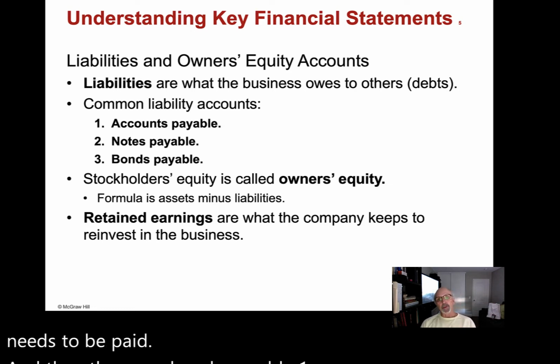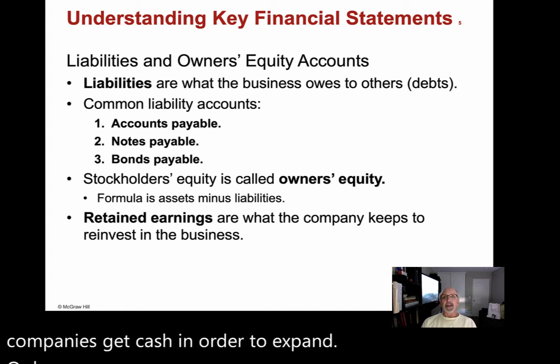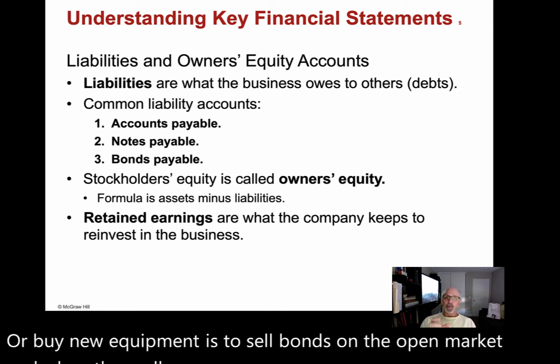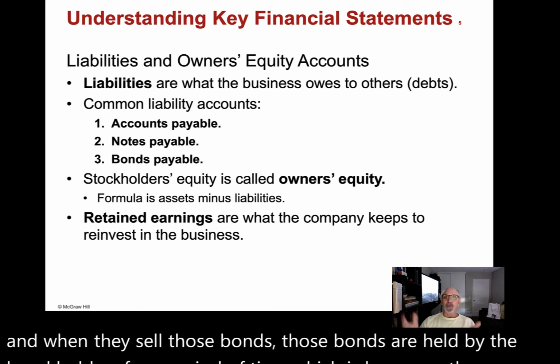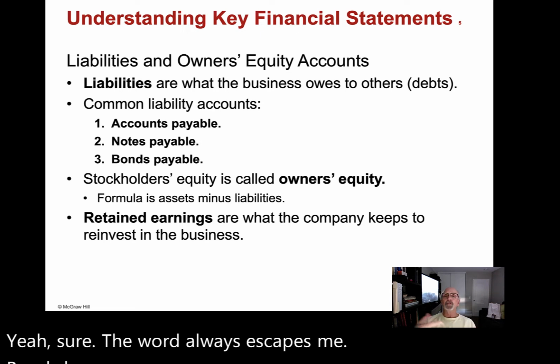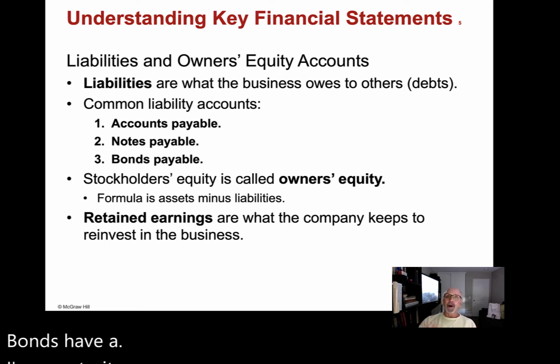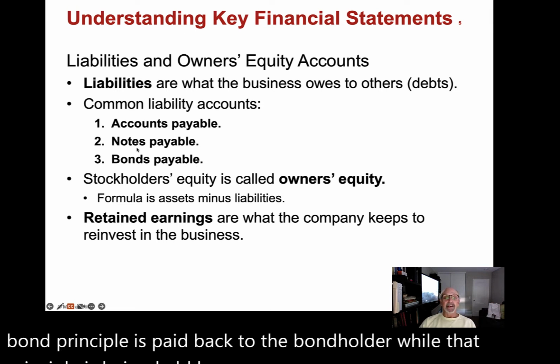One of the ways that companies get cash in order to expand or buy new equipment is to sell bonds on the open market. And when they sell those bonds, they are held by the bondholders for a period of time. Bonds have a maturity date. When the bonds mature, the bond principal is paid back to the bondholder. While that principal is being held by the company, it is a payable, a liability, something that the company owes